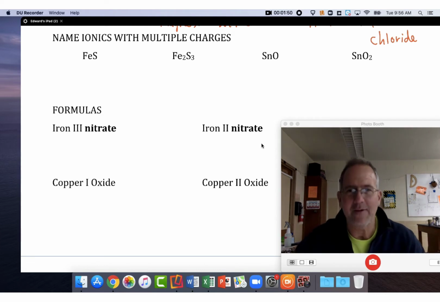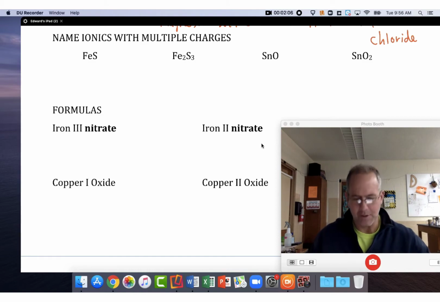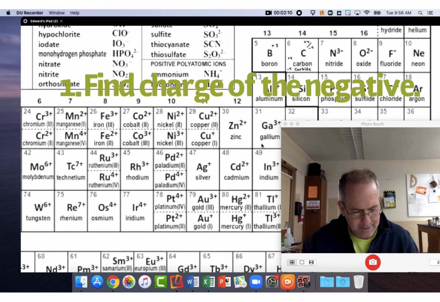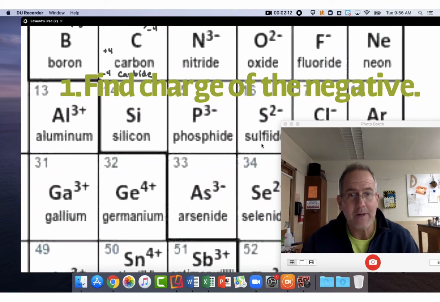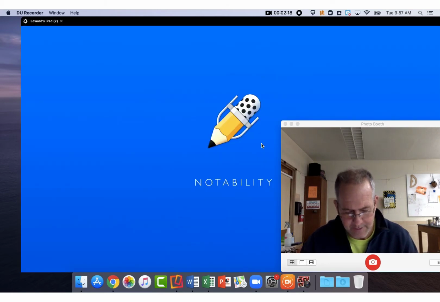Okay, here we go. So we have FeS, right? Well, we're going to have to figure out what charge that is. Now, the way we do that, this is weird. You got to look at the negative first. So that S, I'm going to find S on my chart. And I look on the old chart. I was just there. S, right here. Right there. S is minus 2. Okay. So if S is minus 2,